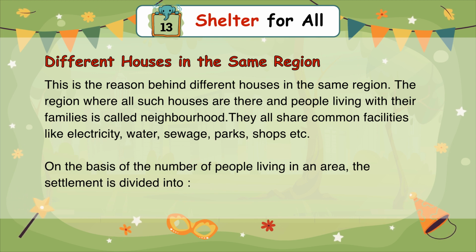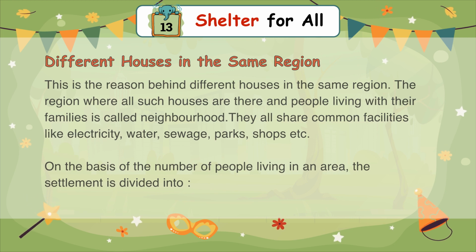The region where all such houses are there and people live with their families is called a neighborhood. They all share common facilities like electricity, water, sewage, parks, shops, etc. On the basis of the number of people living in an area, the settlement is divided into: